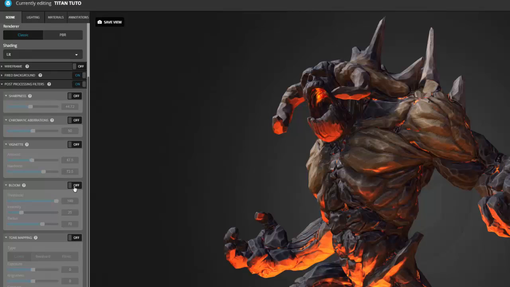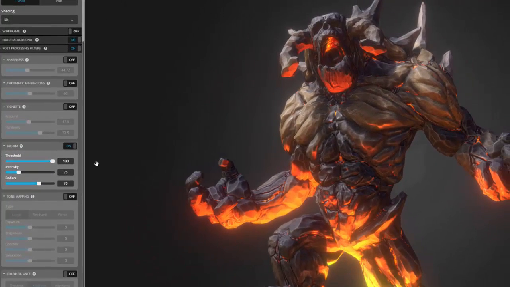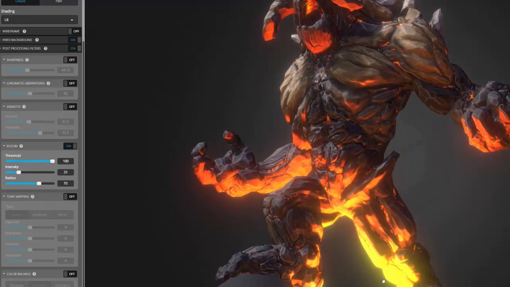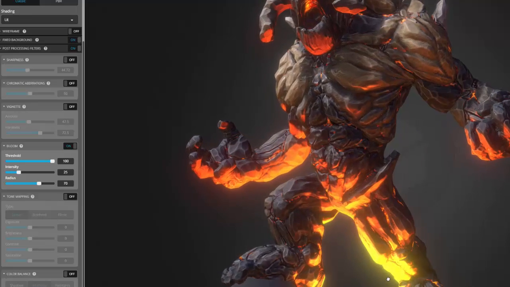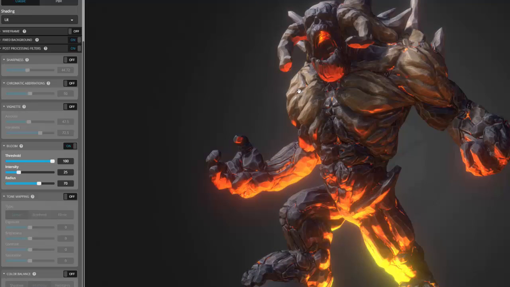The bloom, which is the first one that is interesting for us, and you can see the difference with and without. It makes those nice glowy effects, but here it is too strong, so even the white parts here are glowing. So I will make the threshold lower. We can increase the intensity to our taste, so I will not make that much, and the radius just to see